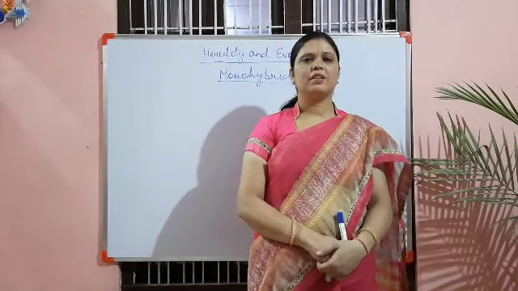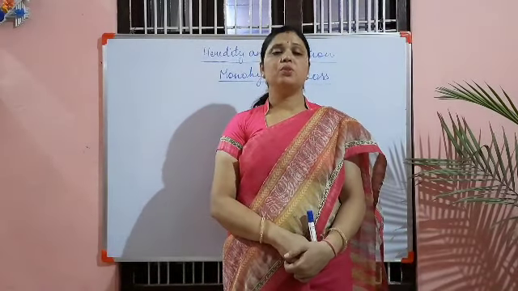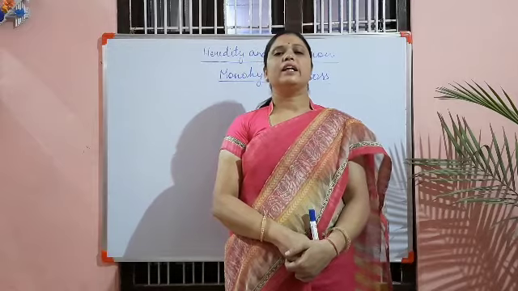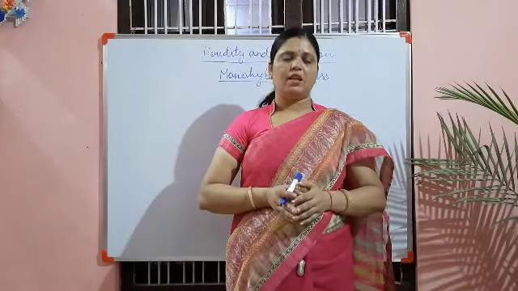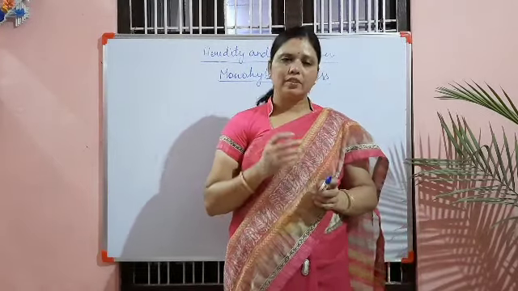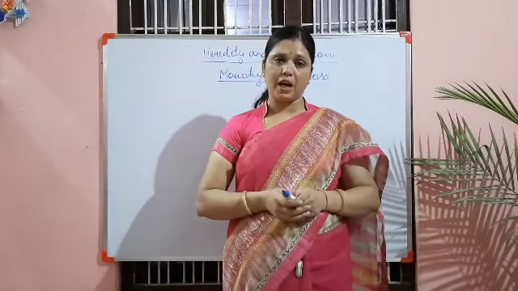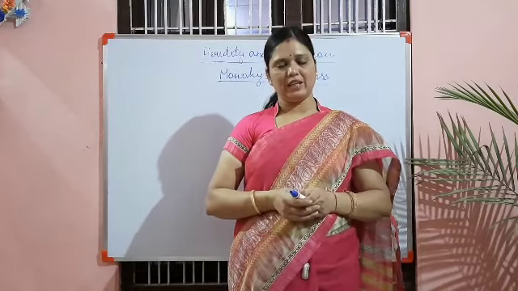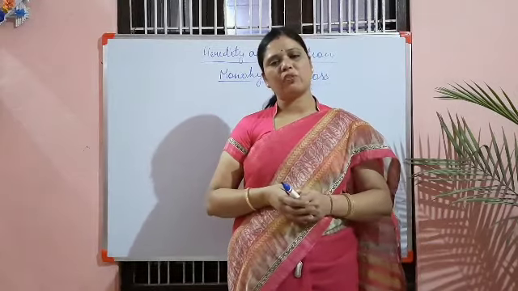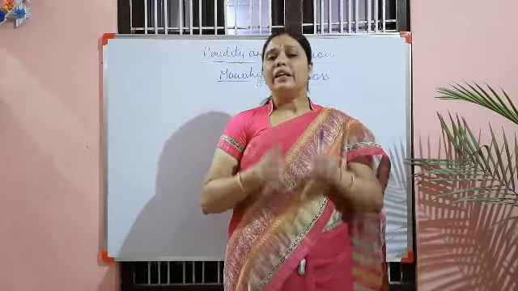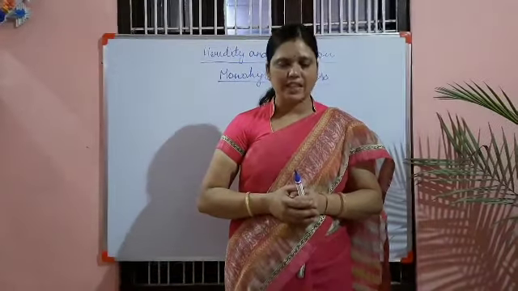So dear students, I am going to tell you about monohybrid cross. Monohybrid cross means that it is a cross in which one contrasting trait is considered. As we already learned, Gregor Johann Mendel performed experiments on Pisum sativum, that is a pea plant, continuously for 7 years. During his experiment, he explained how the transmission of characters takes place, and he considered 7 contrasting traits of pea plant on which he performed various experiments.